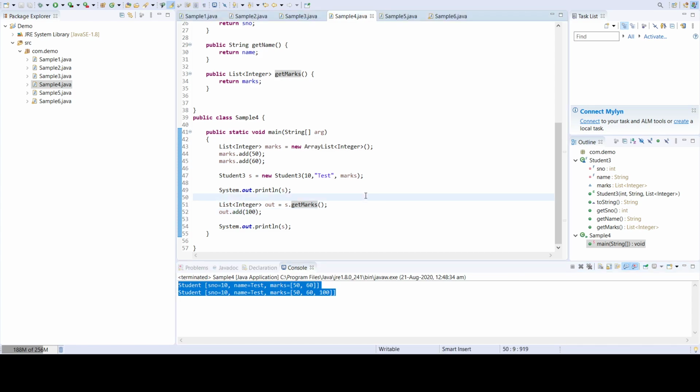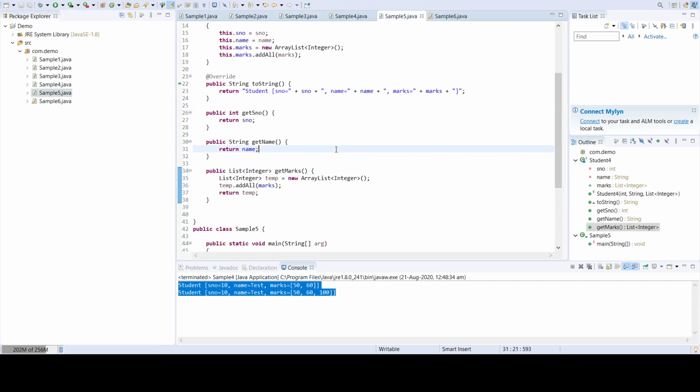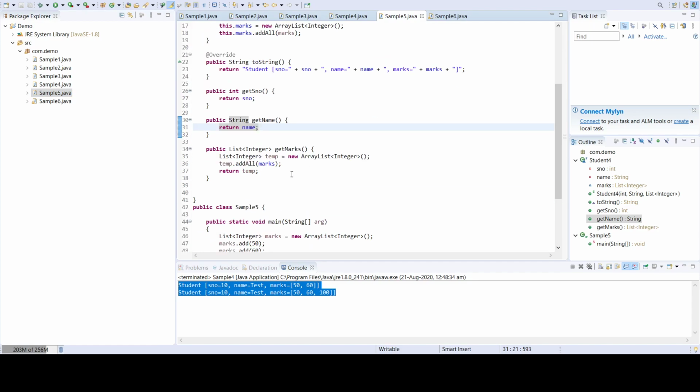What is the possible solution to avoid that? In another example the getter method needs to be overridden. You have to copy the value and return a new reference so that your reference inside the object will be safe. This ensures the immutability.